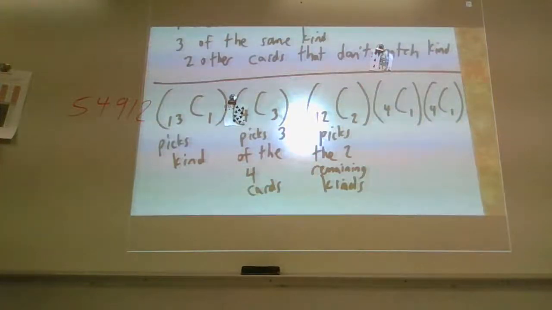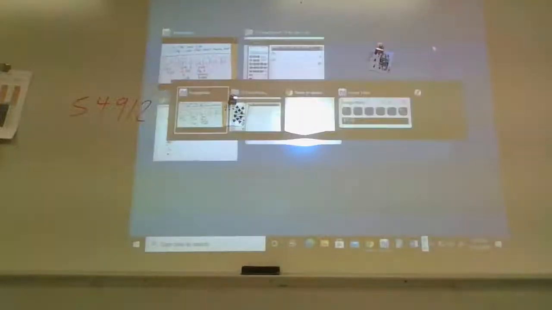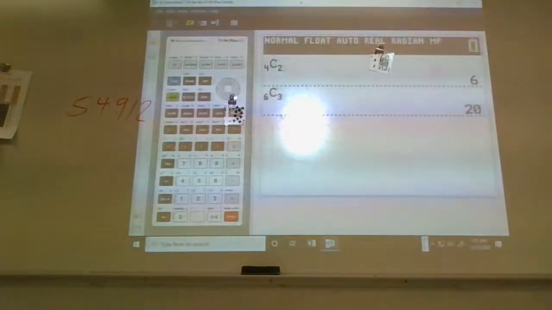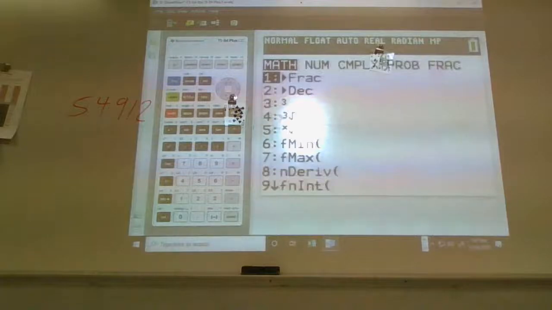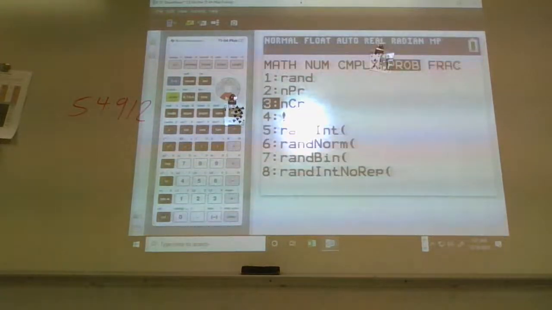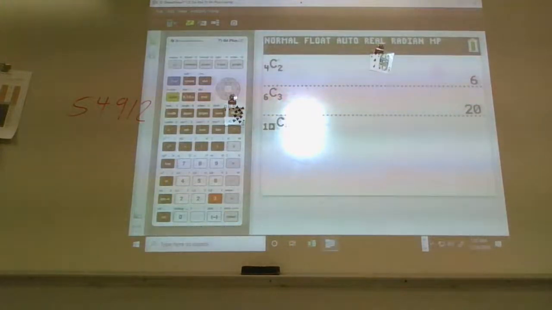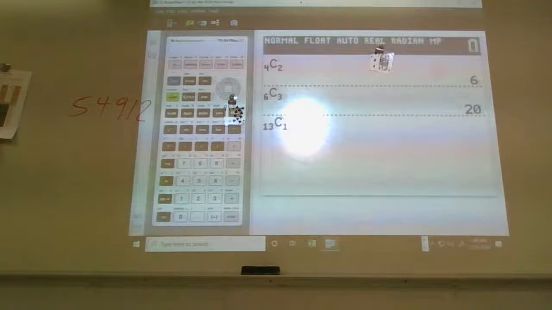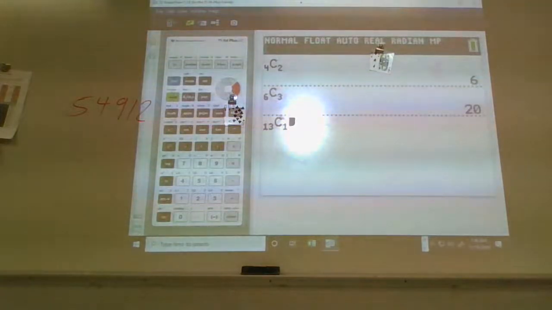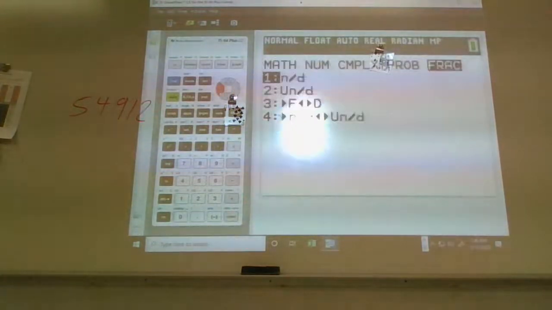Here's what I want you to try. You have your Chromebooks. You have the calculator on your Chromebook. You do need to get the practice with typing this stuff in. So I'm going to ask that you take a moment and actually try to calculate this thing. Now, like I said, if you go math, prob, nCr, you can type in something like 13, tab over for the 1. And then you want to get the next one, math, prob,